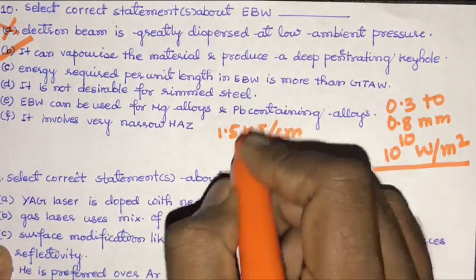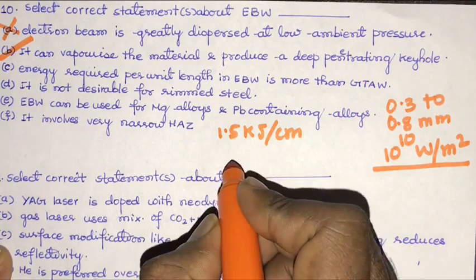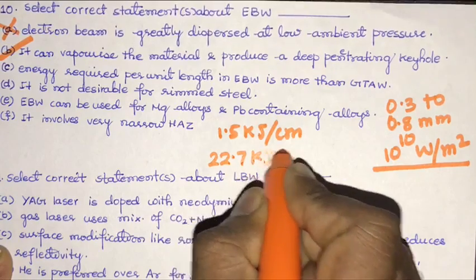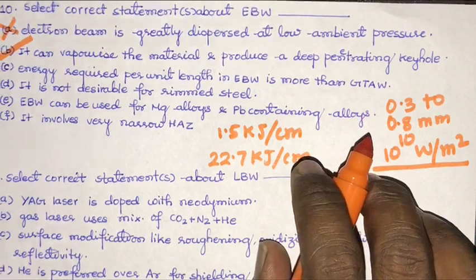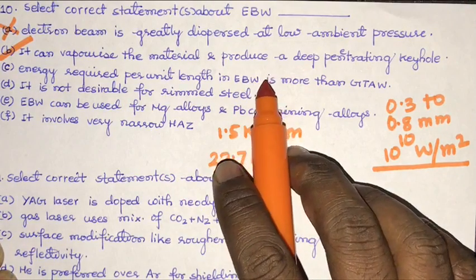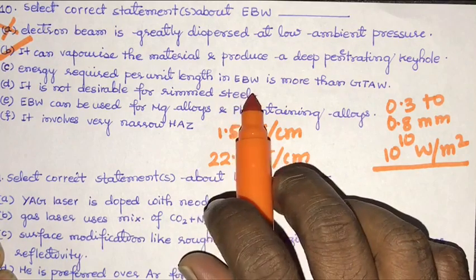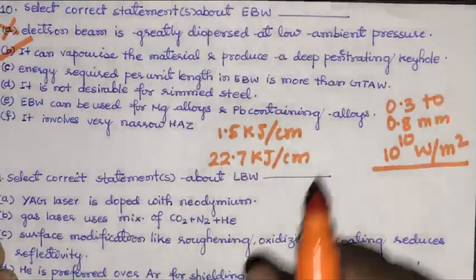But in case of gas tungsten arc welding, it is about 22.7 kilojoule per centimeter. So the energy required per unit length in electron beam welding is very low as compared to that,